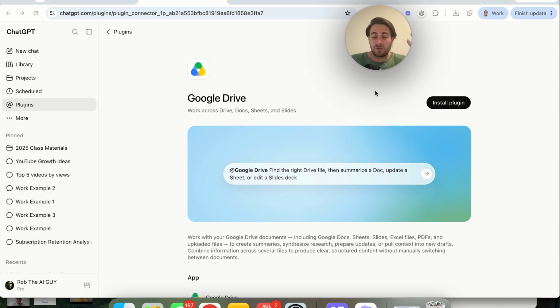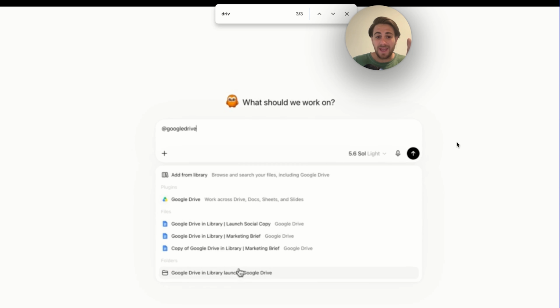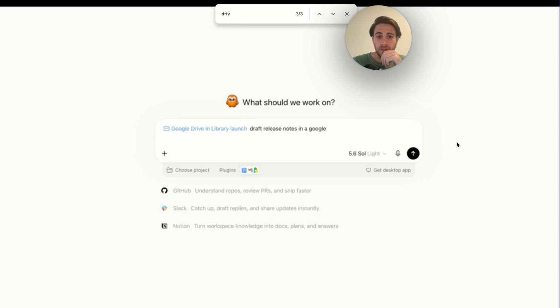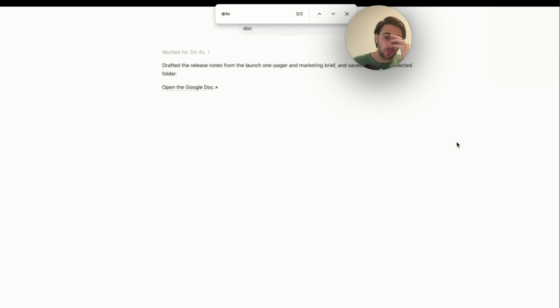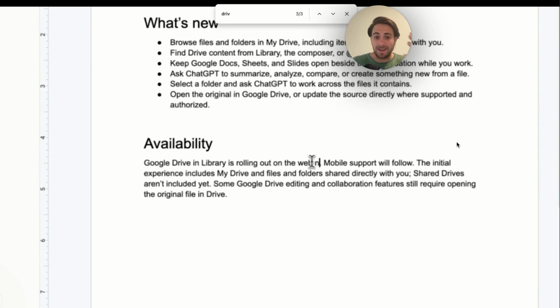And we basically now have ChatGPT inside of anything in Google Drive, which is direct competition with Google Gemini because they also had this, but ChatGPT's version is actually way more efficient. Check this out. And in terms of actually what this looks like, we can now come over to work. We could tag Google Drive when we go to do something like draft release notes in a Google Doc. Then this will actually do this. And if we open this up, it opens right next to our ChatGPT,